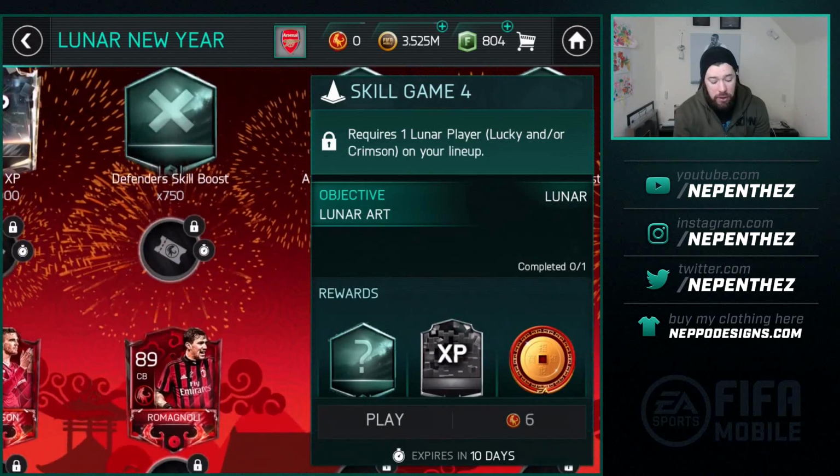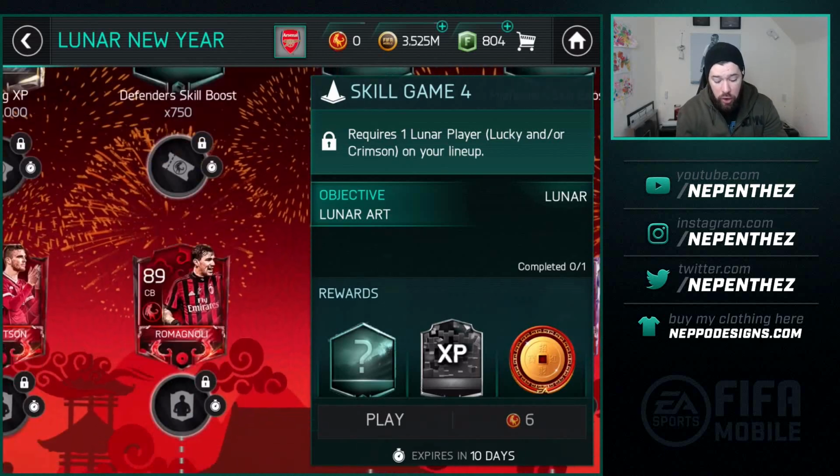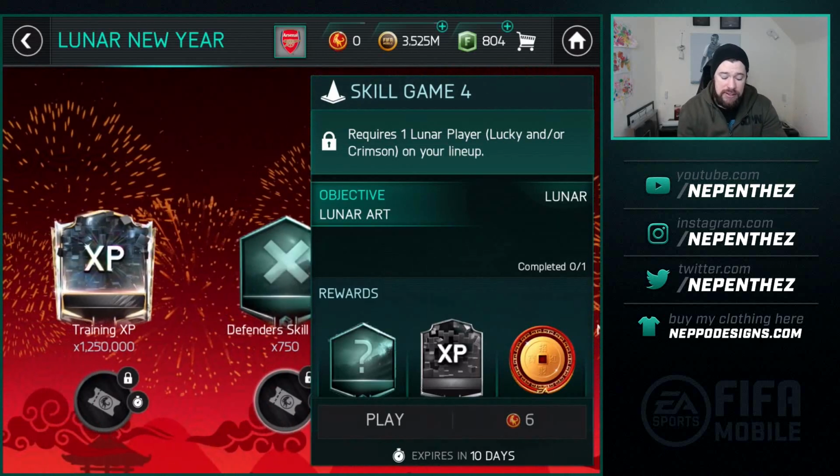But the reason why I'm going to go for Romanogli is not only do we get that huge defender skill boost, we get an 89 base centre back. If we want to switch to the 4-3-2-1 or the 4-3-3 or whatever formation we switch to, we've got a straight away 95, 96 rated centre back with the skill boost. So I'm going to be working on Romanogli myself personally. And as I say, to get there,